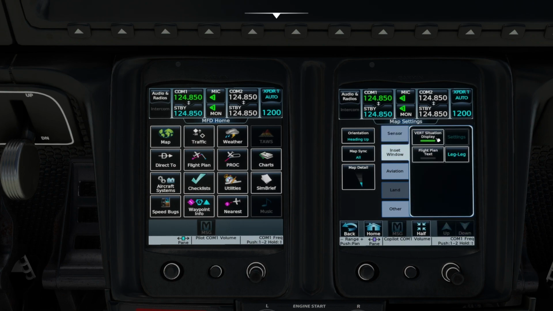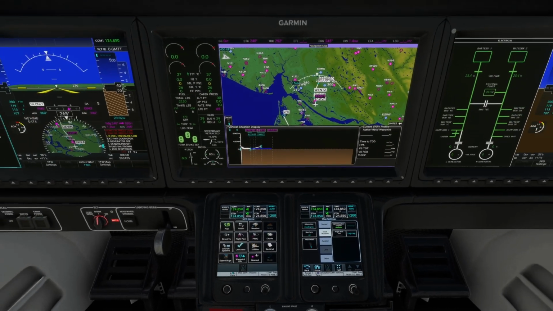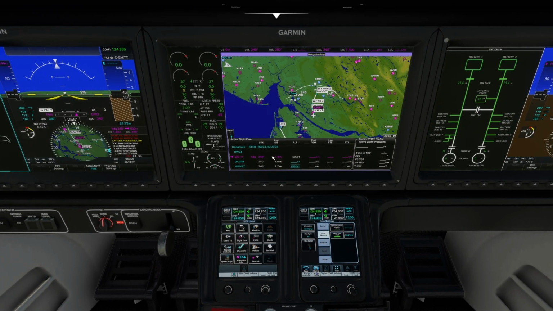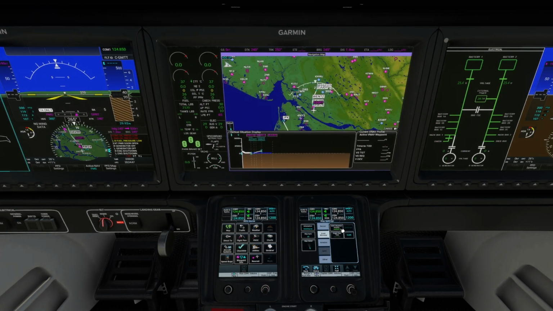In my inset window, we've got the vertical situation display, but you could also do the leg to leg. So if we were looking at the leg to leg, you see the text, and then instead of leg to leg, you could also go with cumulative, so total route accumulation. I do like the vertical situation display. It's also nice. There isn't much on this one, so we do have a 1,500 foot restriction that we have to hit and stay at NITS. So that's where we got to be, is at 1,500,